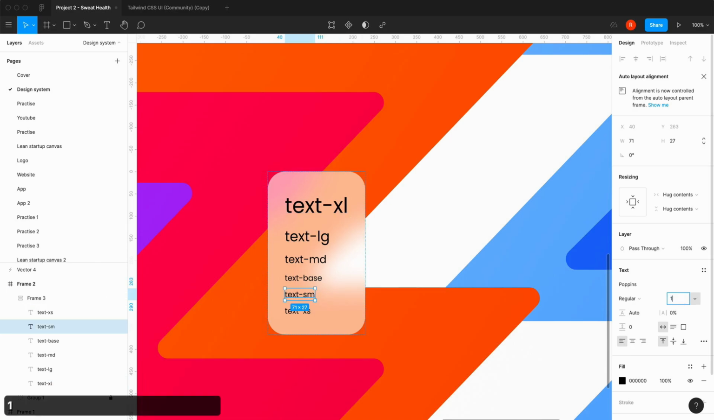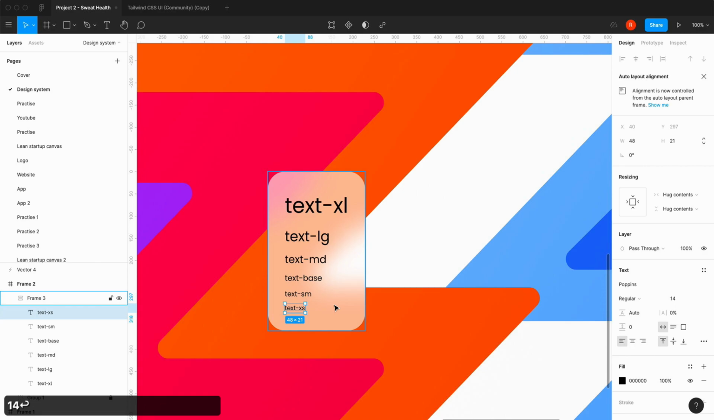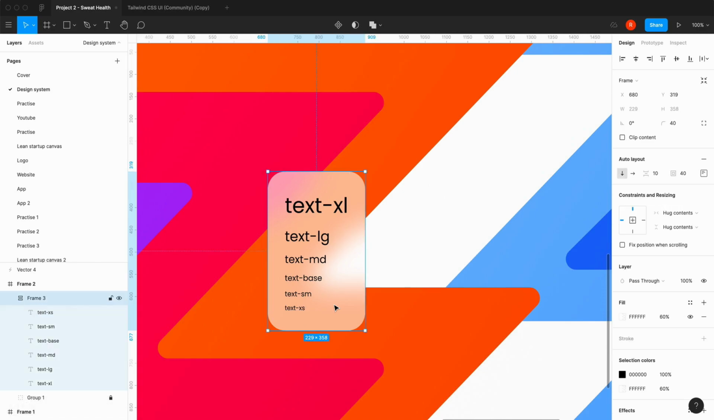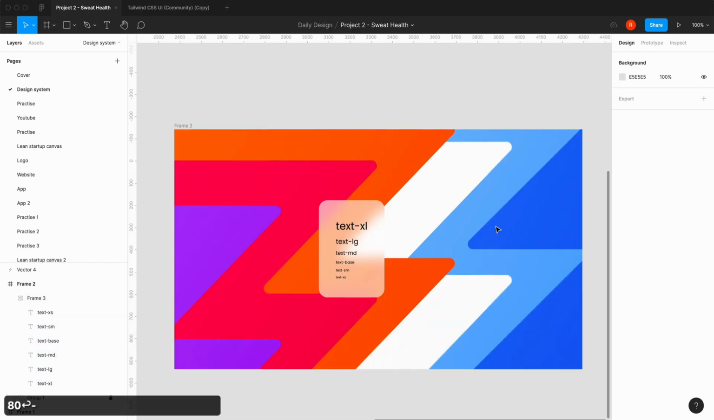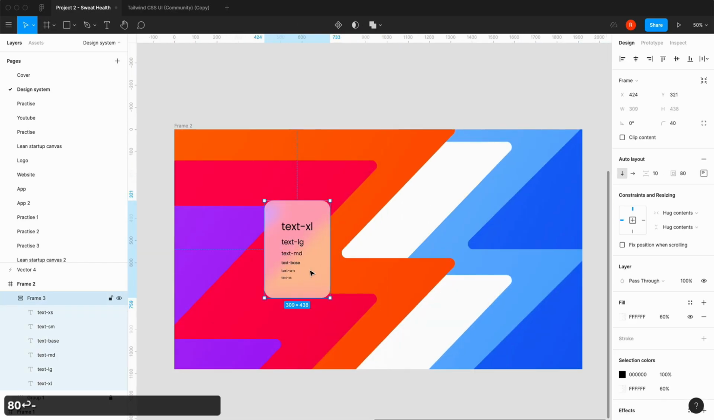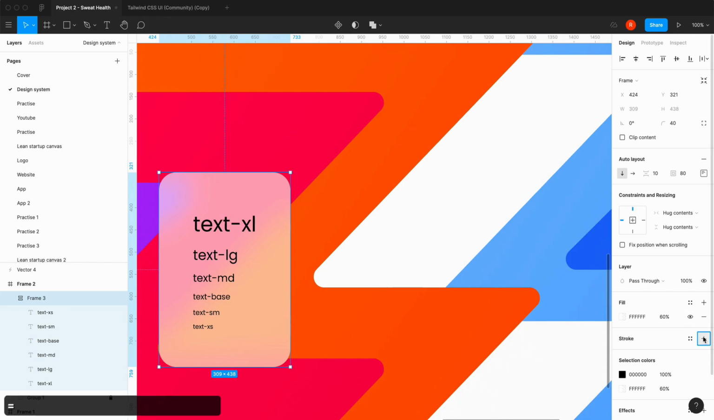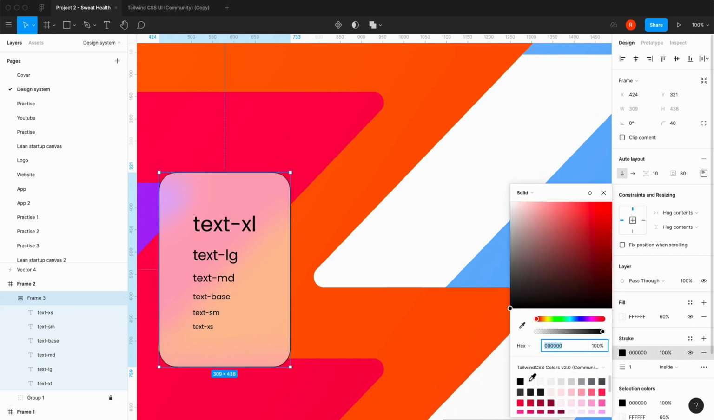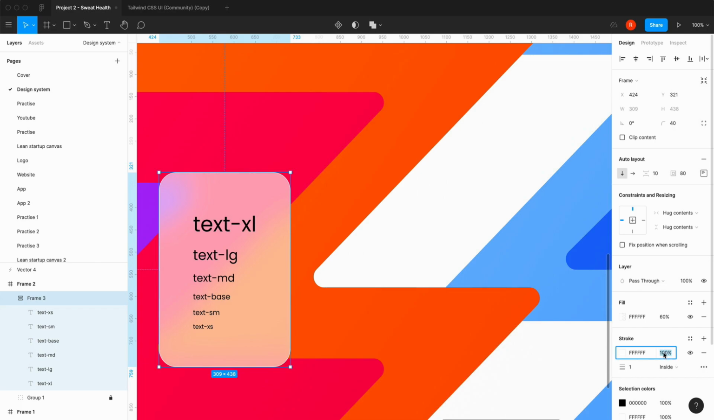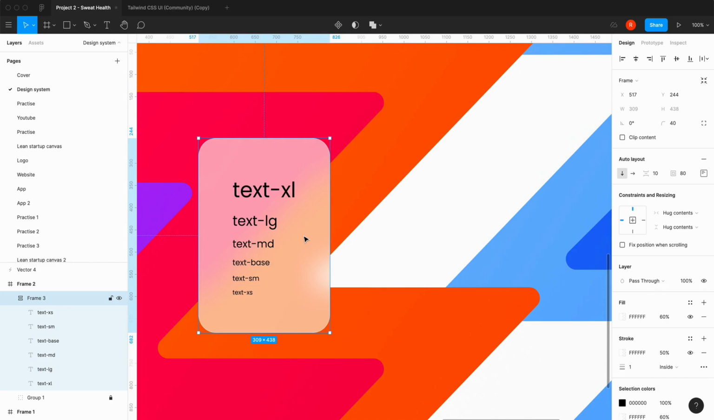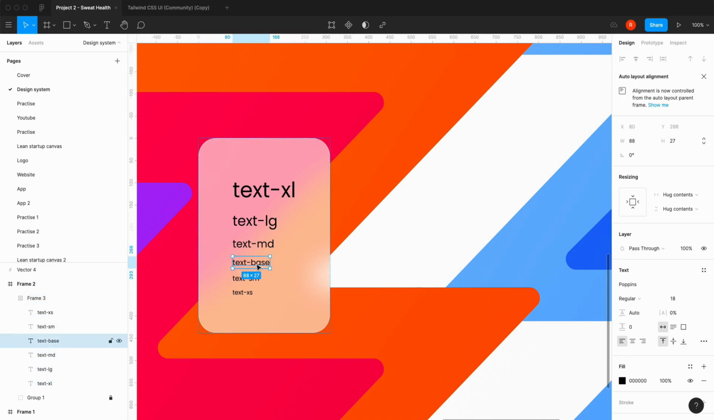Small is going to be 16 for like legal text and stuff like that, and this will be 14 for, again, things like footer text or labels. So now we have our text sizes. Let's be a bit more generous with the spacing. Nice. One thing to add is a stroke. We're going to go solid white. We're going to bring it down to, let's say, 50%. So again, we've got that nice glass look,